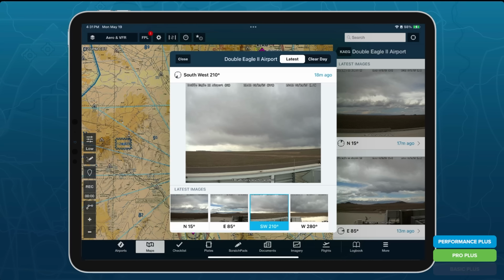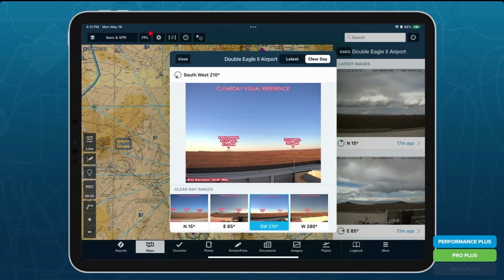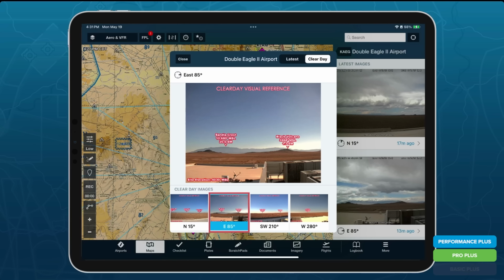What should I expect if I'm flying VFR maybe a different day when it's not as cloudy by using the latest to clear day slider in the top right-hand side? When I do this, I'm not only going to get that clear day image, I'm also going to get a notated image of things that's important to keep my situational awareness around while I'm flying, such as some of the peaks around the area. If I tap on the east-facing camera, I can then see very helpful information about the Sandia crest, that it's 10,680 feet, as well as the volcano that is almost 6,000 feet and a little bit